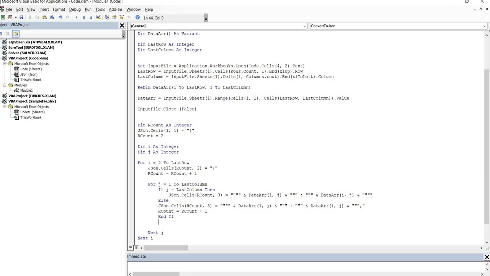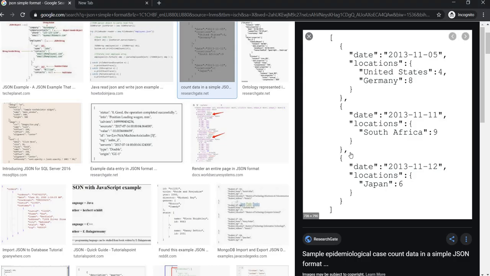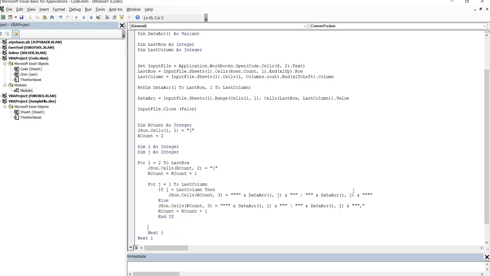After this, when one entire record is closed, then we have to put a comma to start a new record. So we are going to enter it. Okay, this loop ends after the j loop, the entire column has been completed. What we need to do is